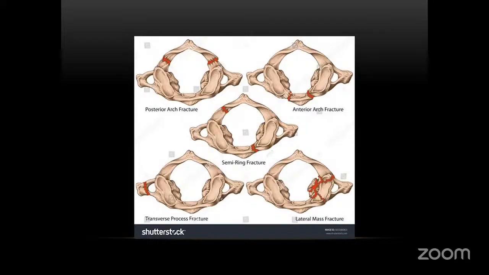Can you elaborate, please? I think it was anterior, posterior, and rotational type of injury. It's very easy. This one, it's very easy. Look at here. Look at here. This is the anterior arch fracture, and